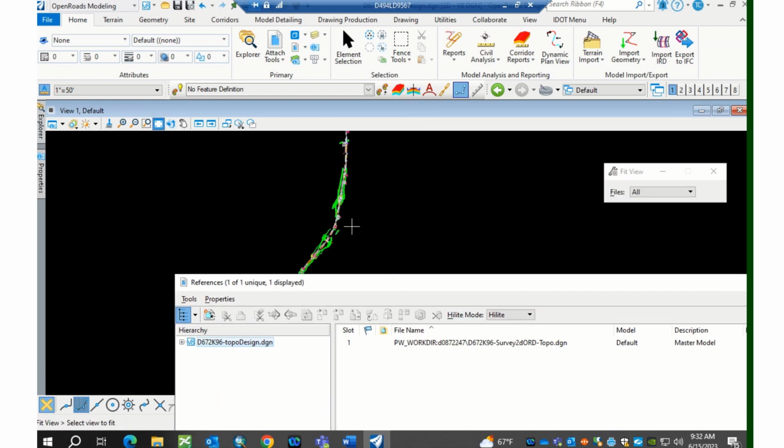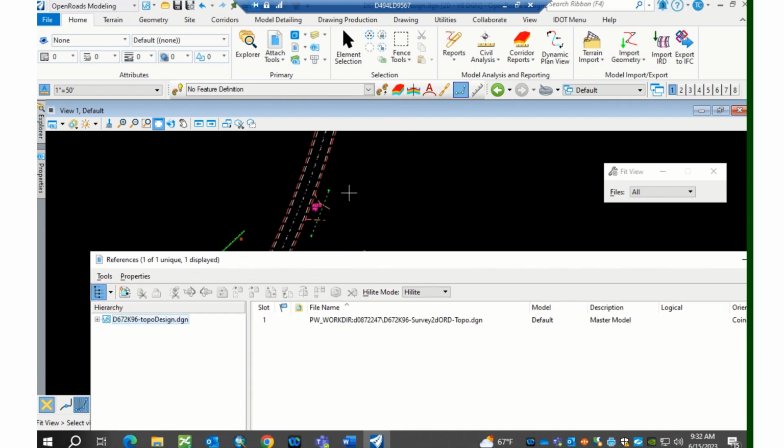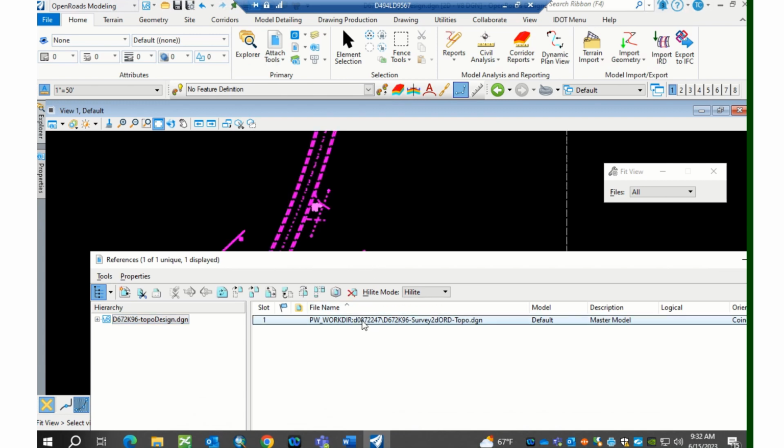Reference it in. There's my topo. And of course, there's two different ways that you can do this. I guess I do tend to use the merge into master, that maybe that's not the best practice. The other way would be to just select all the elements and copy them. But if you do the copy, you need to really make sure that you copy it right on top of